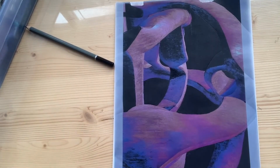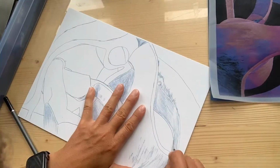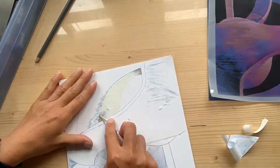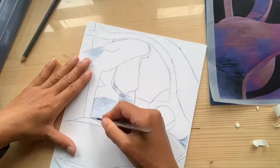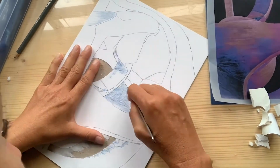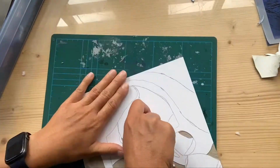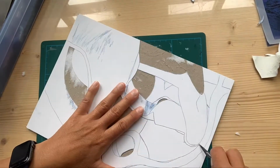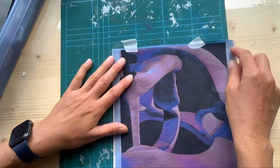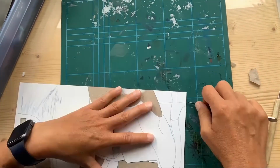and once I'm happy with everything, I'm going to peel off my design and start scoring the plate with a scalpel knife, and I am peeling off bits that will be the darkest bits. So this is my sepia plate. These will be the very dark background colors that I will then fill with Carborundum on top of the